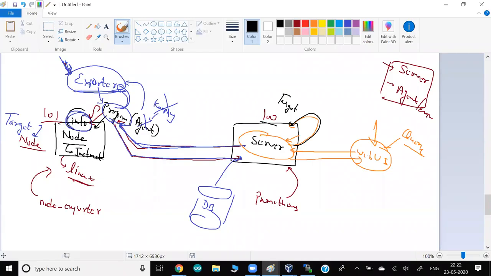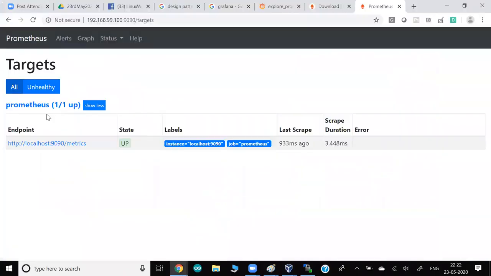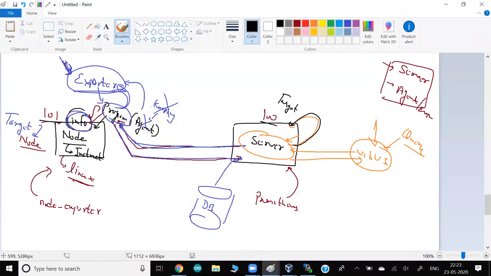I would like to monitor 101. I can't see the 101 name here, so no 101 IP has come up. For this, you have to go to IP 101 and install one agent program, typically known as an exporter here. And for this, you have to copy the exporter that I already downloaded.